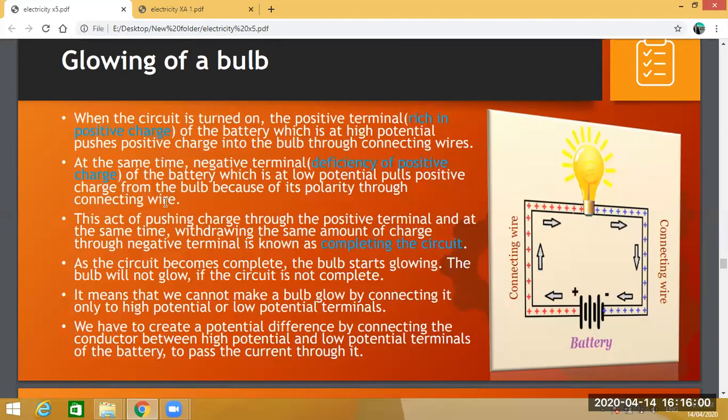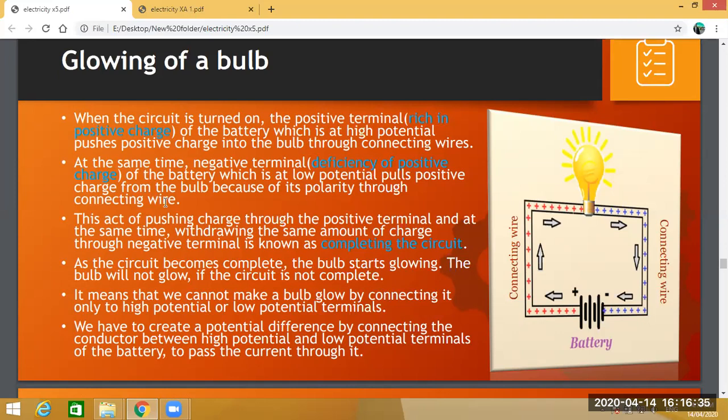We have discussed the passage provided to the flow of electric charge. This is called an electric circuit. When the circuit is turned on, the positive terminal, which is rich in positive charge, of the battery, which is at high potential,